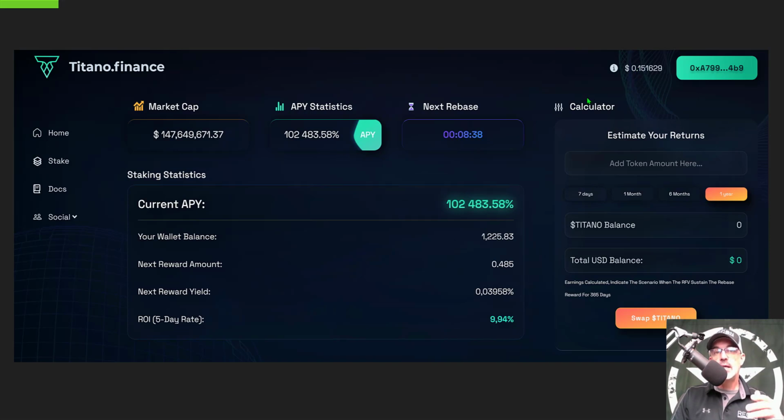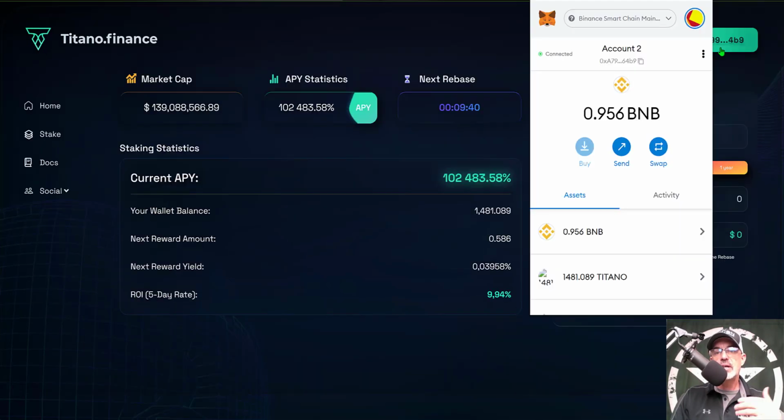And by the time you added in the 13% slippage, my average cost on my initial tokens, which was 1,225.83 tokens, my average price ended up being around 18 cents per token. And so that was around 218 USDT. And so if I were to sell my tokens today, I would actually be taking a loss even with this